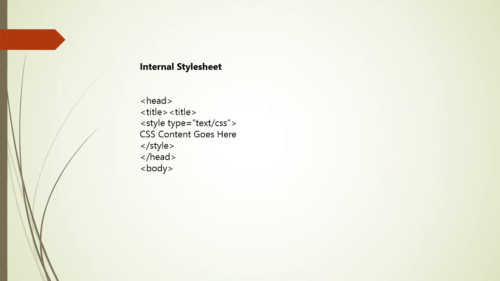Consider the internal style sheet. First we will explore the internal method. This way you are simply placing CSS code within the head tags of each HTML file that you want to style with CSS. The format for this is shown below. Head, then title. Now style type is equal to text/CSS and then you give the CSS contents over here, then /style, /head and then body.